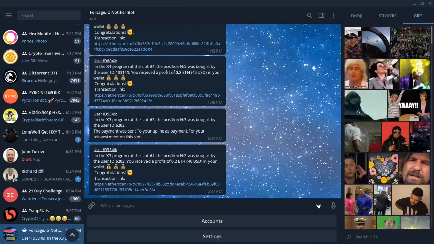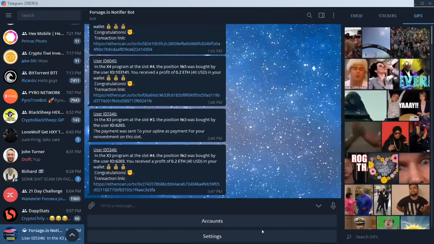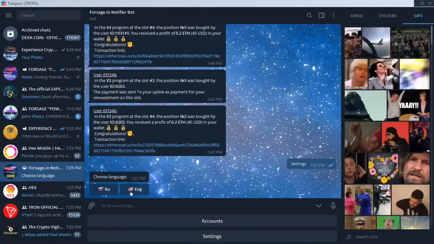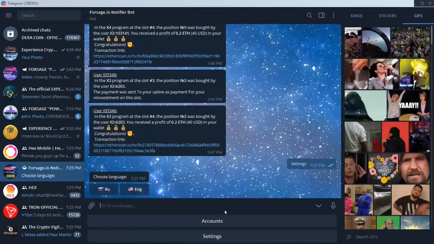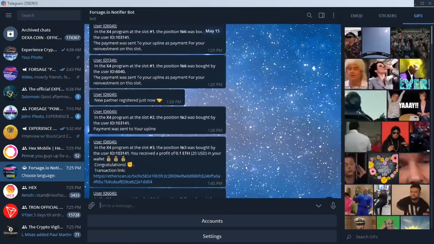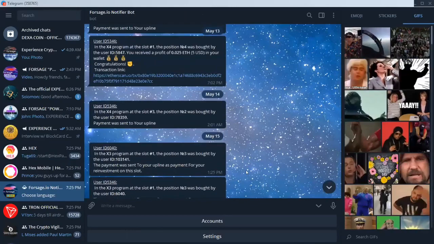And to change it, you just simply click on the arrow there, hit the menu button, click on your settings, and then you can choose between the languages. Right now, only Russian and English. All right, so there is that. Again, John, do you want to chime in and give any other points of interest about the Telegram